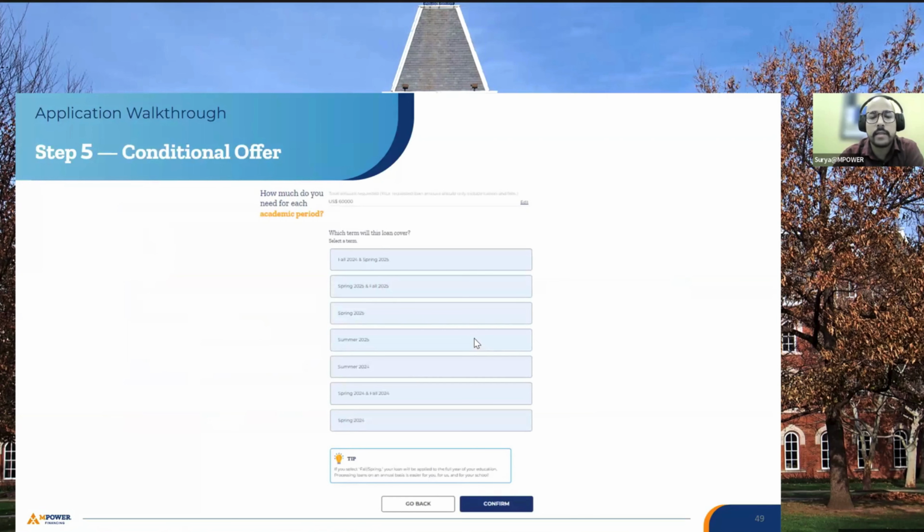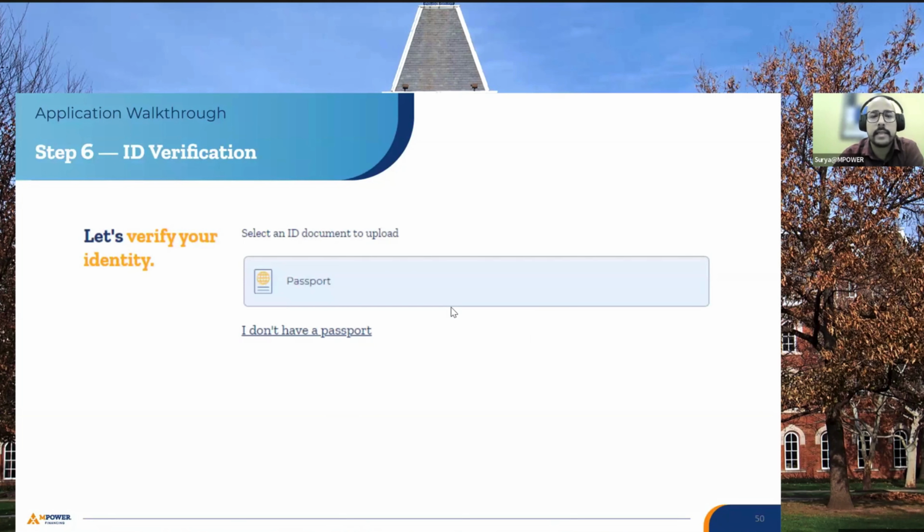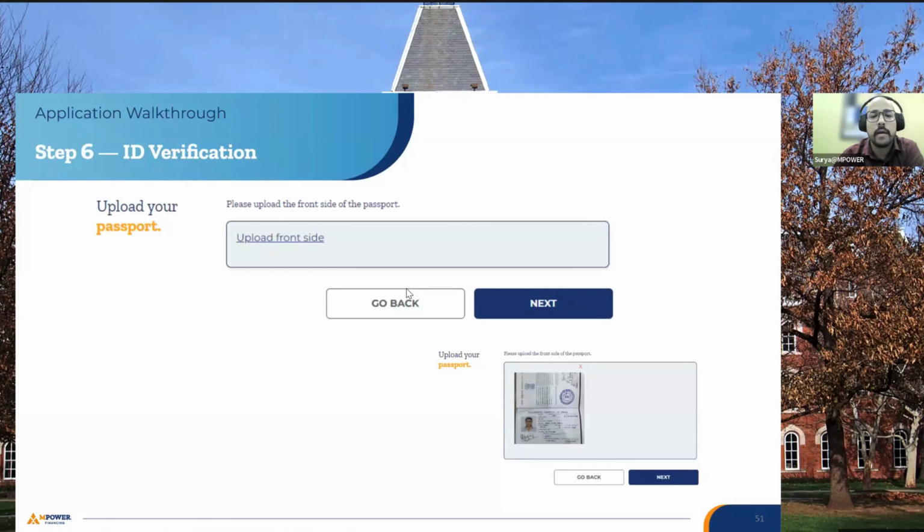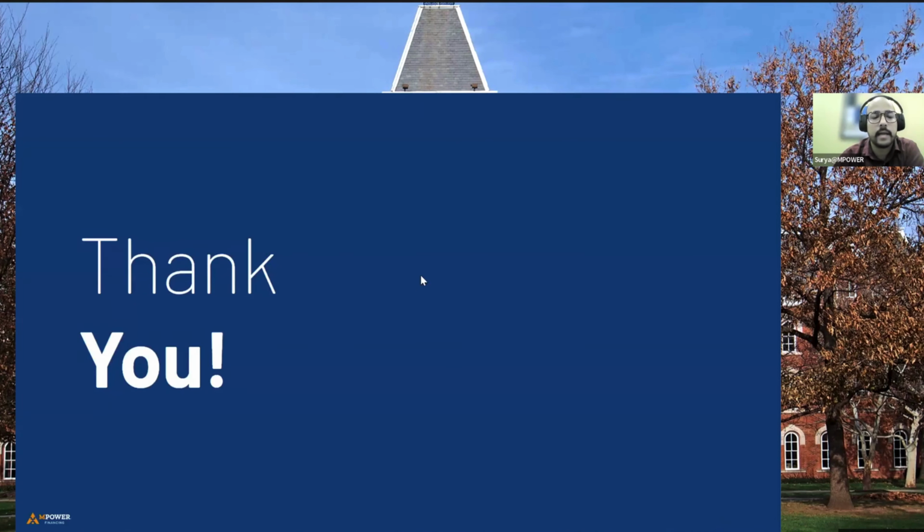Further down, we would ask you to provide us the term you are planning to apply for, followed by the loan amount you're requesting. And then the last step is uploading your passport. We always recommend that international students provide us with their passport because it helps us verify a lot of details, including your address if it is already available in the same. Once these steps are done, your application is being submitted.